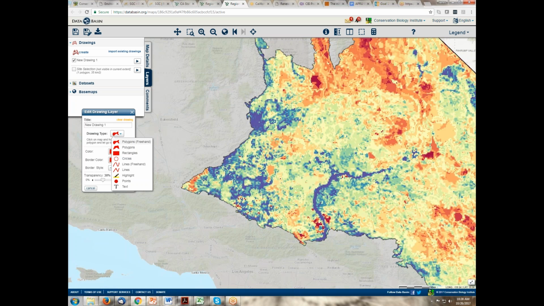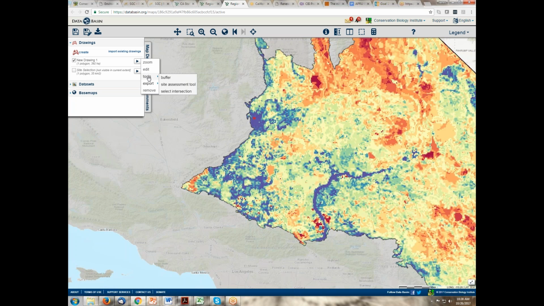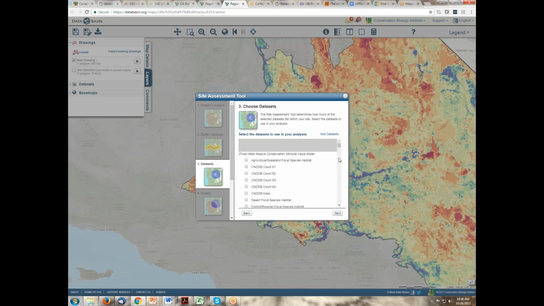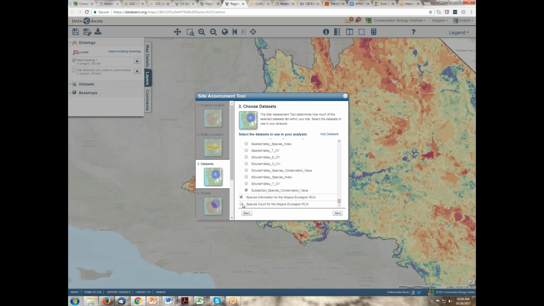I'm going to make it a rectangle. So which ones do you want me to run this on? This one? You want them both? Just the one? Just this one?